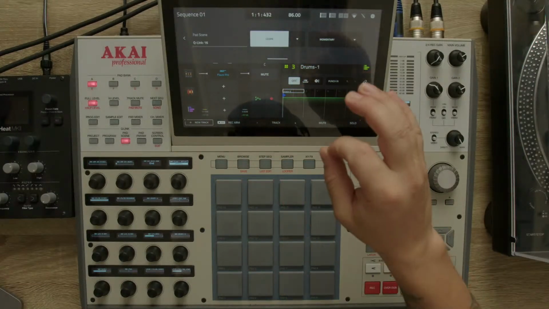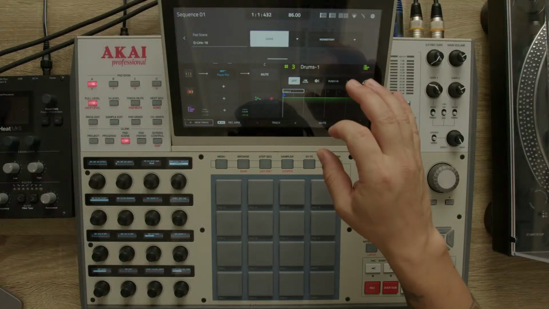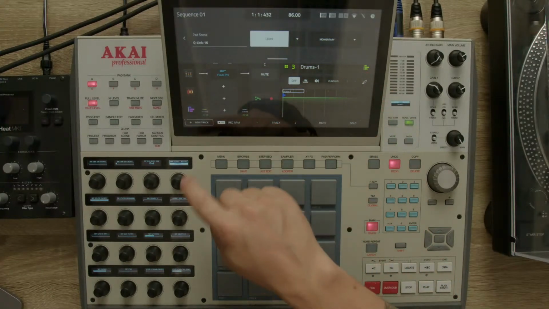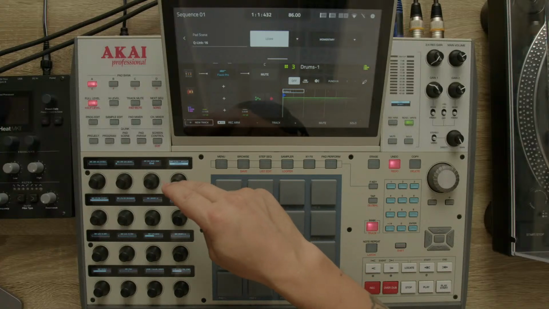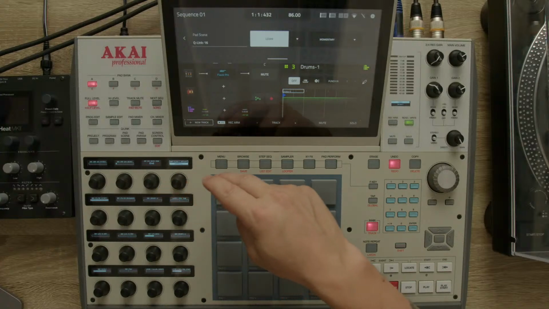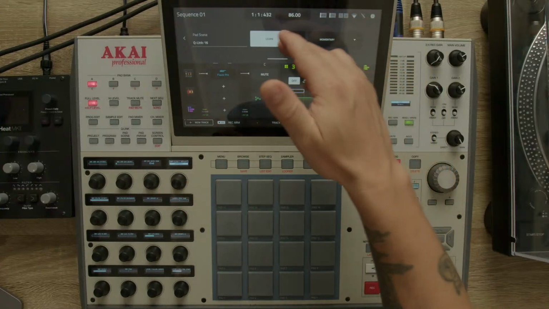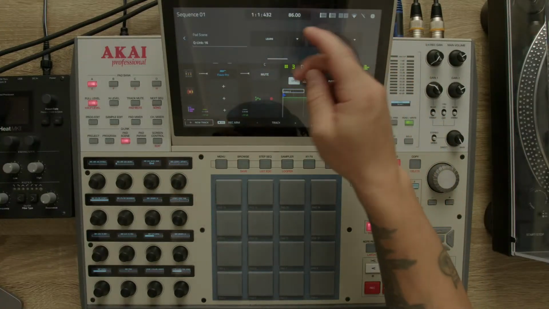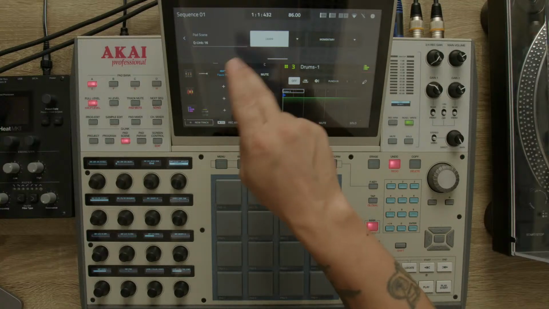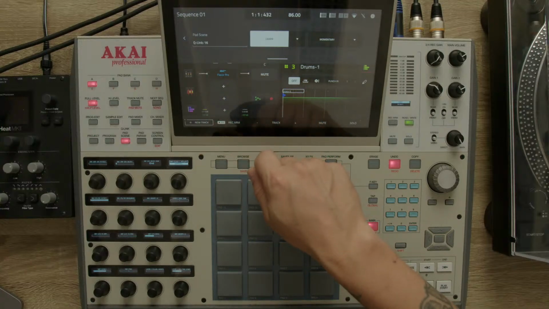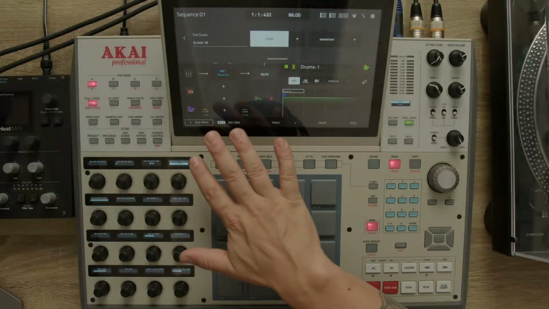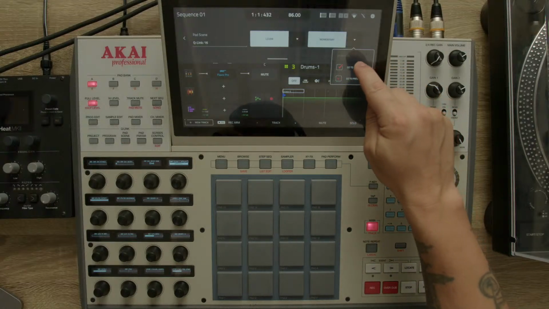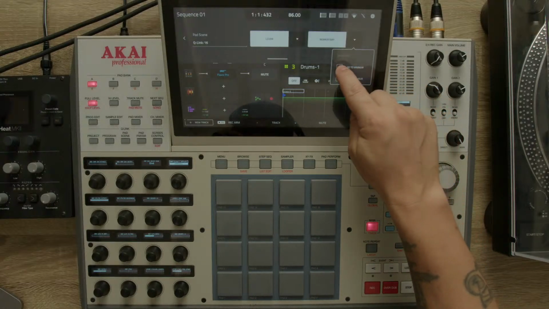I haven't touched this much, to be honest. I saw it in the video, but I haven't touched it on this. But you can assign several parameters to a knob, and it can be done pretty quick just from this drop-down menu. Just tap the Q-Link that you want, set it to learn, go anywhere, turn that parameter, and it's locked in. You can do it for these two. Go to minimum, go to previous. You got some options here,